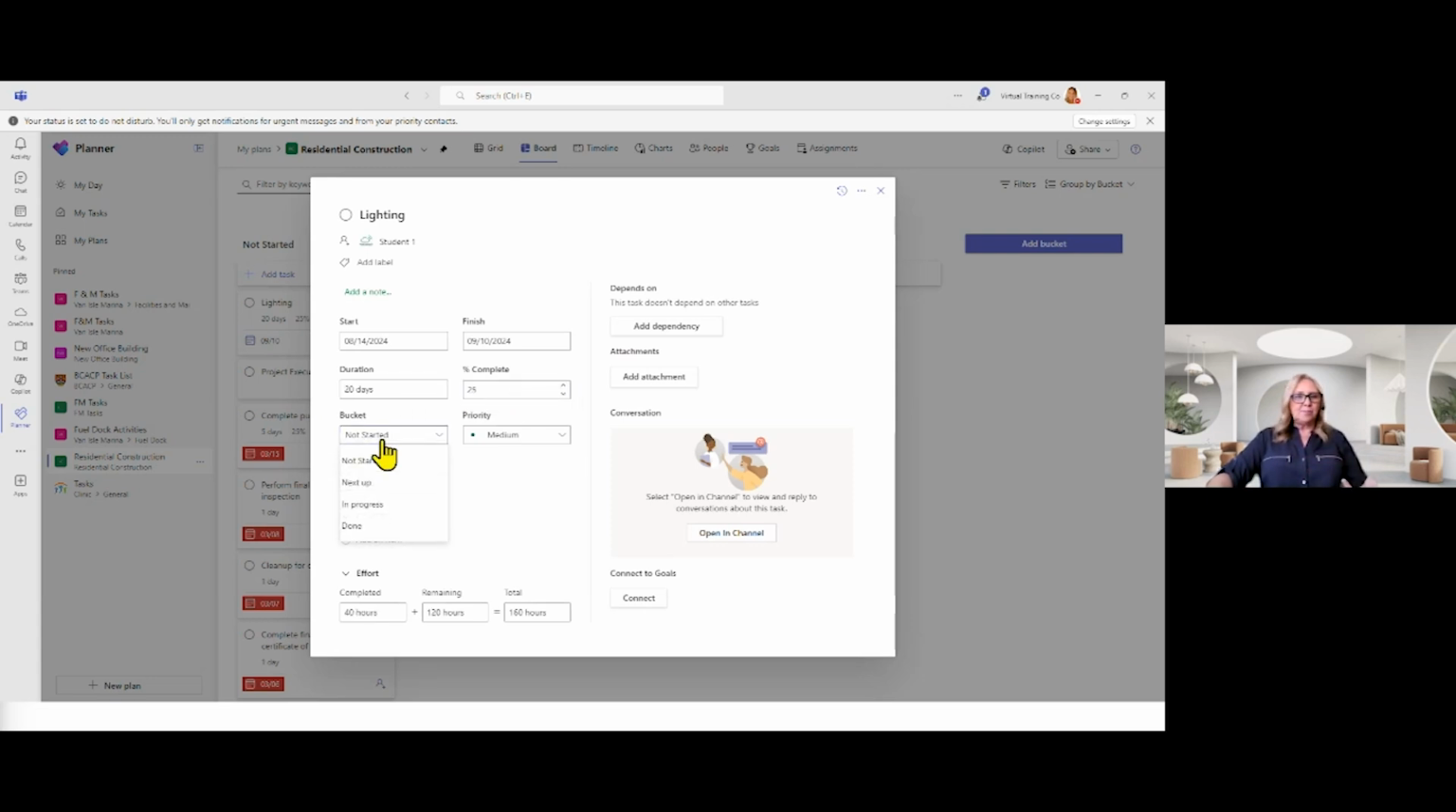I can add it to a specific bucket. I can prioritize it. I can even do sprints with it. I can do my typical checklist like I had from Planner. I can even keep track of the effort. So if I want to know how many typical hours this task is taking, on the right-hand side, I can